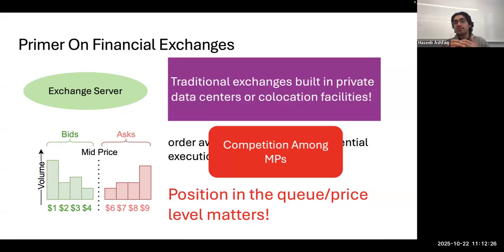Now, traditional exchanges are built in private data centers or co-location facilities where the exchange server and the participants are co-located and connected with equal length wires. Why equal length wires? For example, if some trader issues an order before the other trader, we would also want the server to see the earlier generated order before the second one. So they try to remove this network asynchrony as much as possible by employing equal length cables and